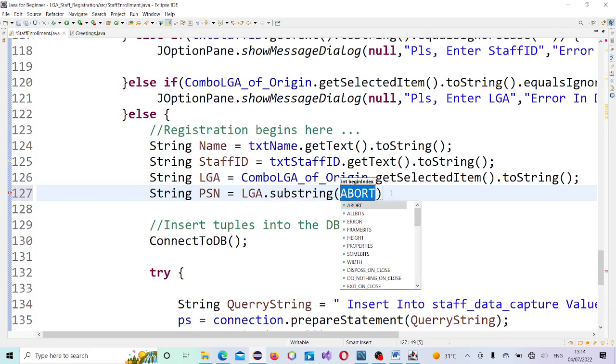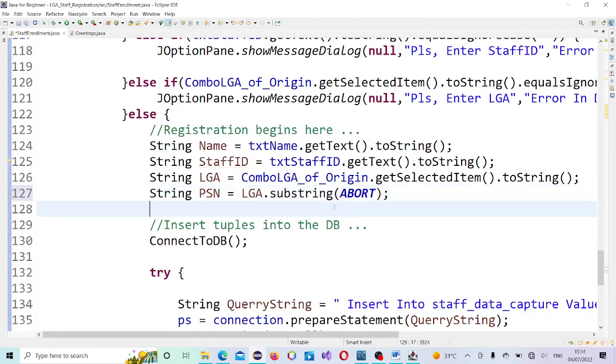Substring. Good. Then I will introduce the parameters separated by comma, what I wanted to pick. What we want to do is, if you have something like